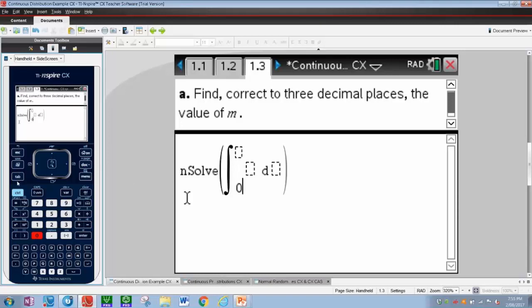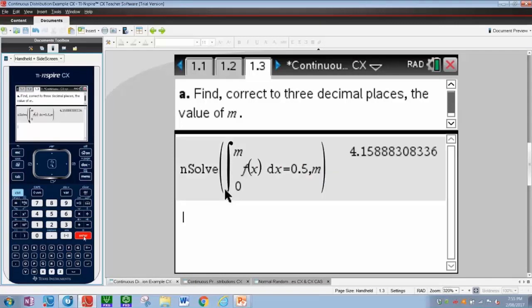Infinity is not going to work. I can either put 0, or I can put something as large as negative 10 to the power of 99, as you saw in Brian's 84 CE screenshot over there. But for simplicity, I'll just keep it 0 because we know that the endpoint of the exponential distribution in our particular example is 0. And then we can put the m at the top. You press our var f x, close bracket, tab x, tab equals 0.5 and comma m. And there, it solves it for us.